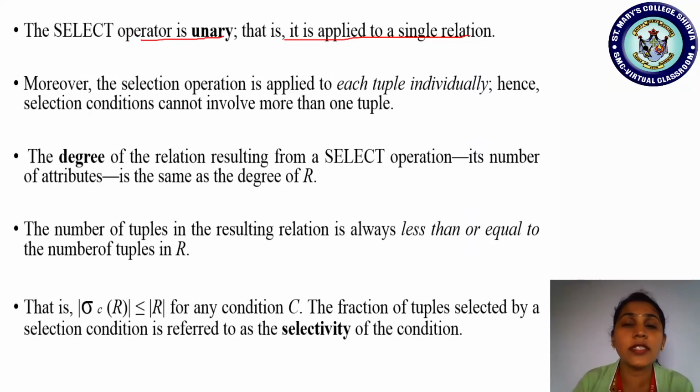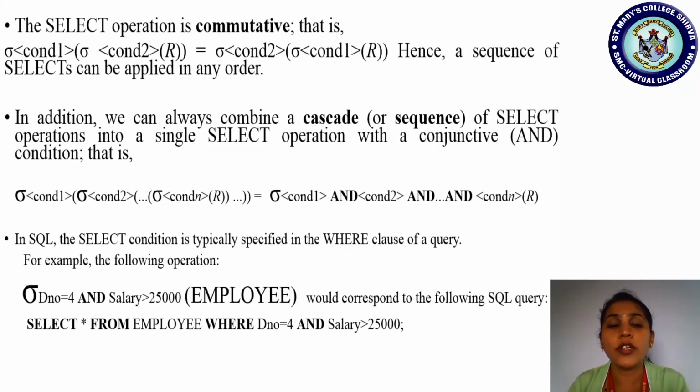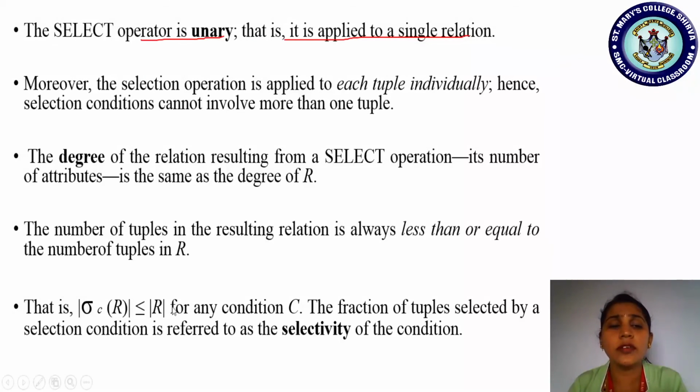So according to our discussion, all the 5 tuples satisfied the condition. It means the number of tuples in the resulting relation will be equal to the number of tuples in R. So if the condition is satisfied by all the tuples, all will be displayed. If only a few tuples matched, fewer than the existing tuples, only those tuples which satisfied the condition will be displayed.